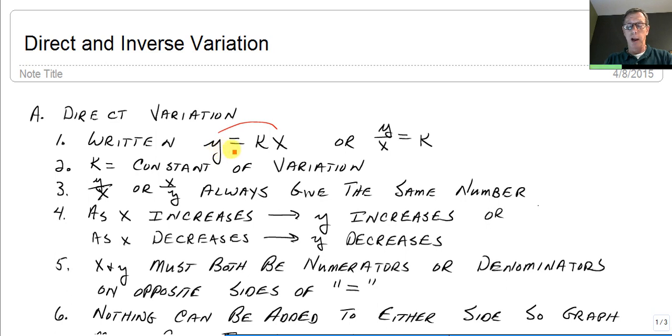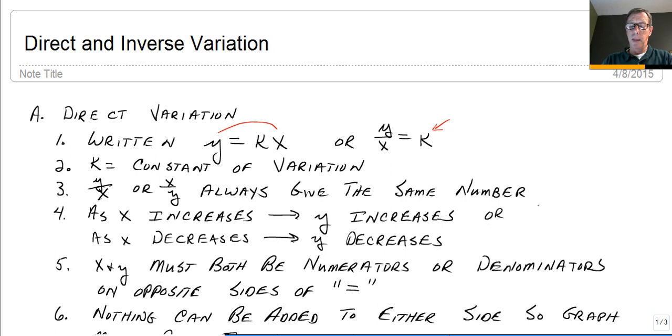my output, is equal to some constant k times x. And so if I want to rewrite that and I divide both sides by x, then I get that y over x is going to be equal to k. And that's kind of important. And that means that for direct variation, anytime I take the y value and divide it by x, no matter what points I use for that particular problem, it will always yield the same value, k, and k is a